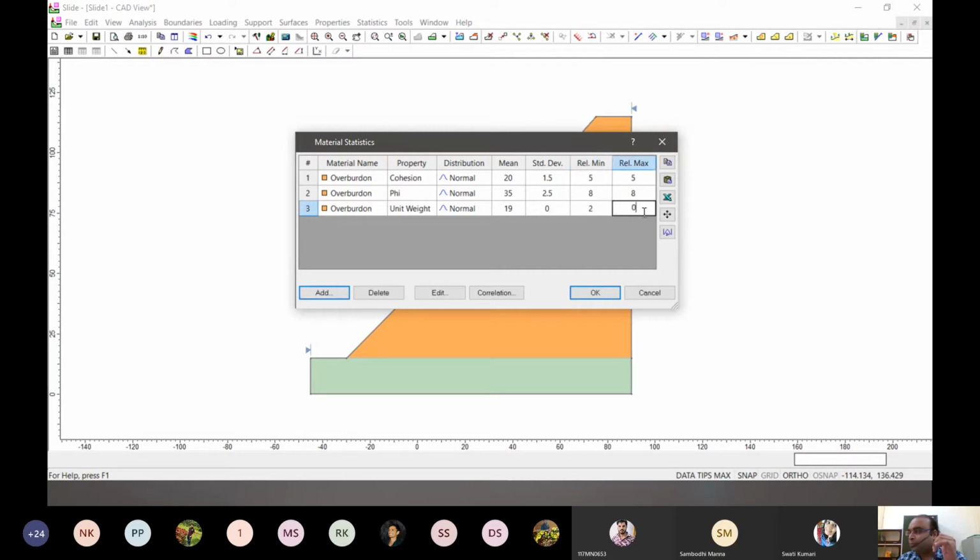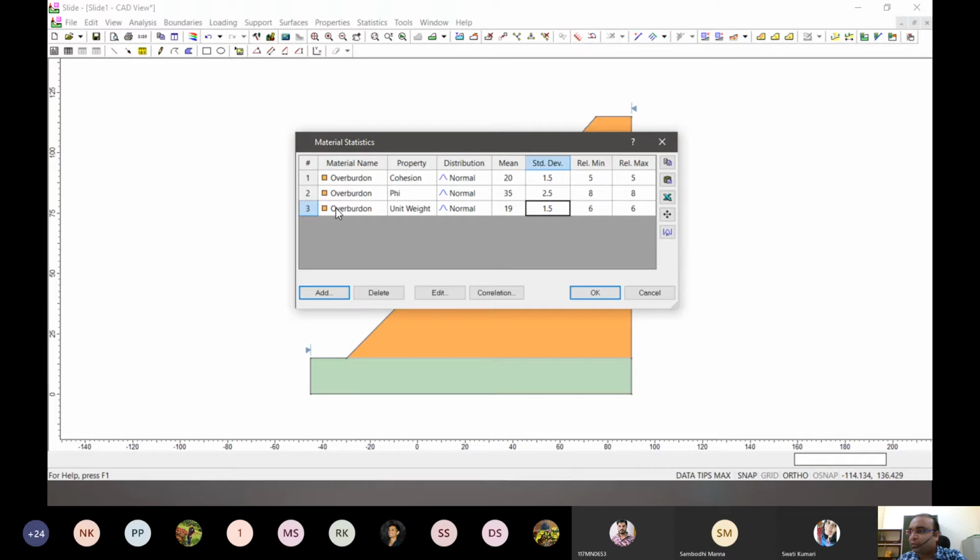And for maxima, from 19 it can go till 24, so 6. Let's keep it that way. Let's put that here as well and see what happens. So 6 and 6, and let's still keep the standard deviation as 1.5, and click OK.